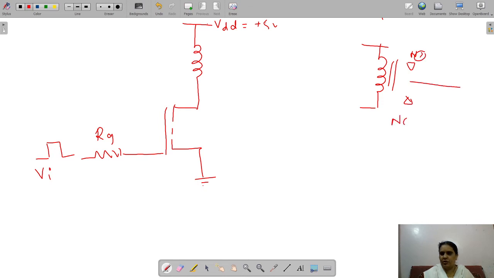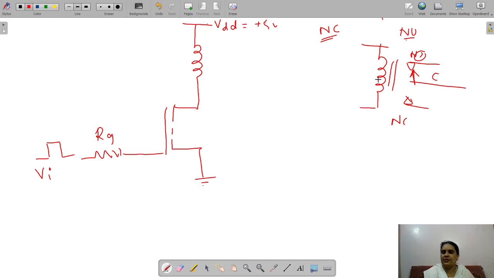And we have a common point. So we have the NO, NC and the common point. Usually the relay will be of NO type. NO means normally open relay. NC means normally closed relay. It means by default, at the time of purchase, the relay will be normally open.